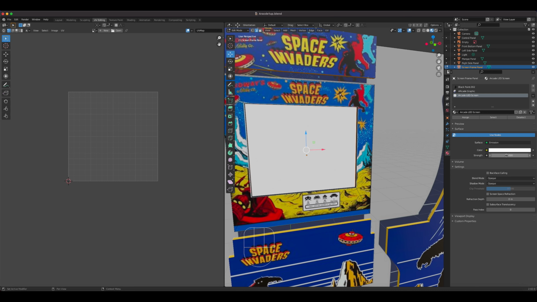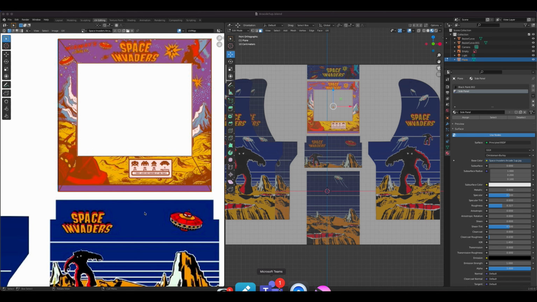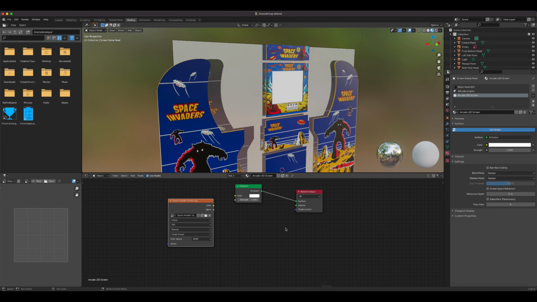Okay, it has a power, so we can make it super bright, but we don't want just the white color. We want to go to our shading. We want to grab the color as our graphic right here. All right, so I found the photo, so I'm just gonna drag it to emission right here,